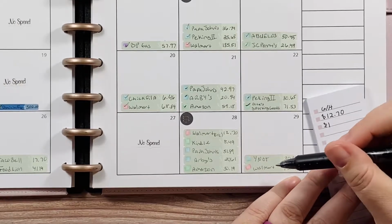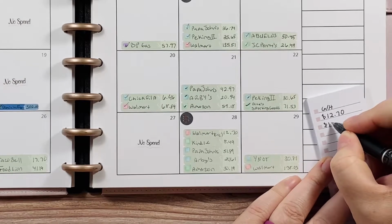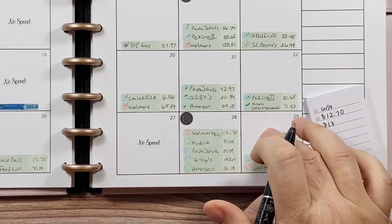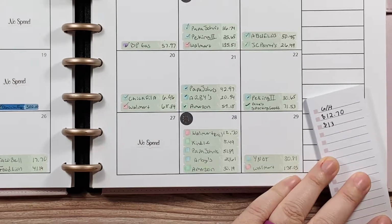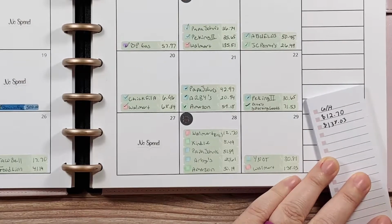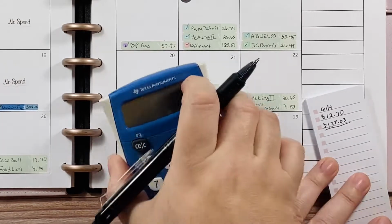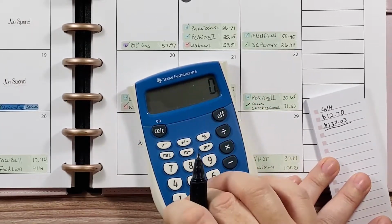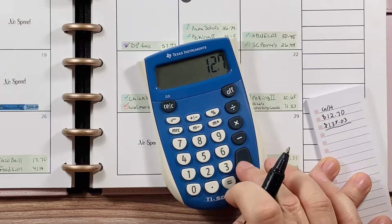So Walmart, $138.03. Like I said, it was Memorial Day weekend. I wanted to get enough groceries, and because my husband's first of the month pay was already in, no problem. So $138.03 was what I got there. So those are my two grocery household, and let's just tally these two up. So I have, let's see, $12.70 plus